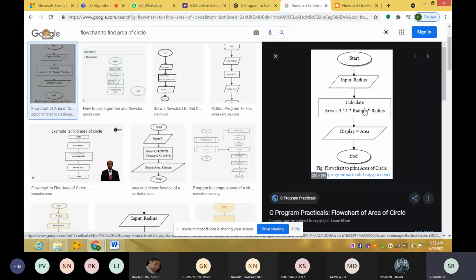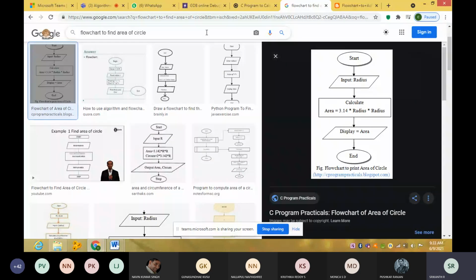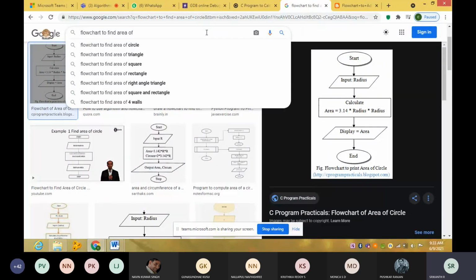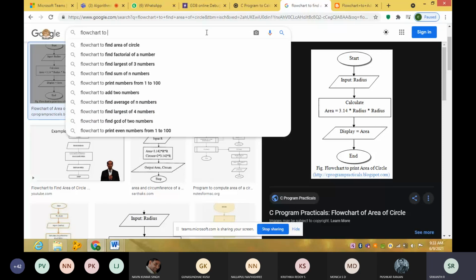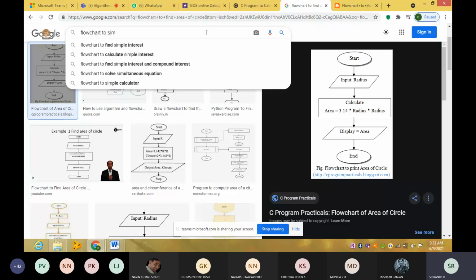Next, flowchart to find simple interest.